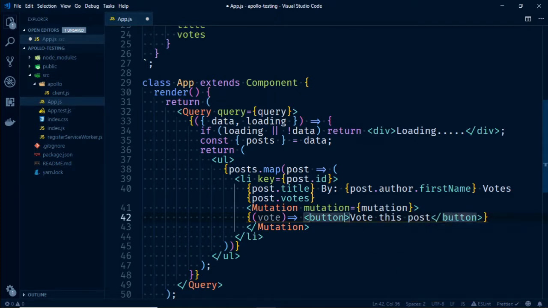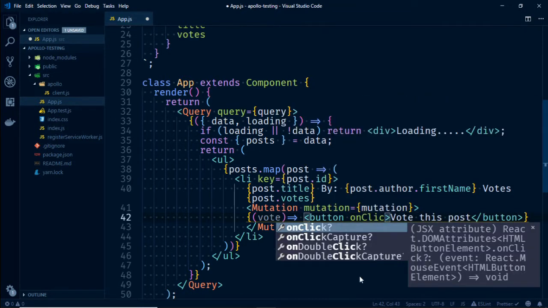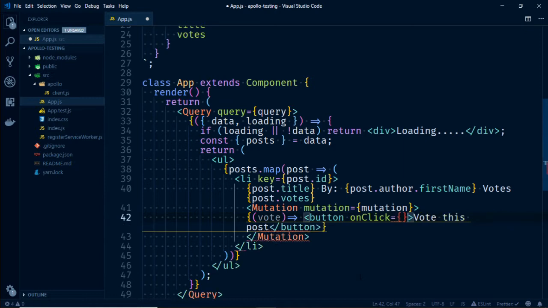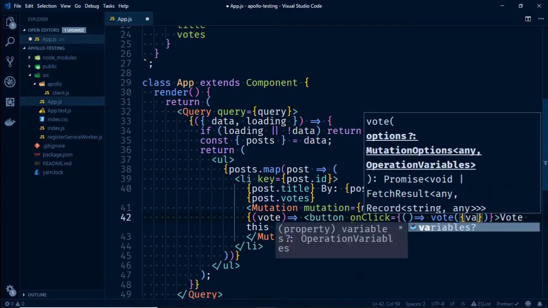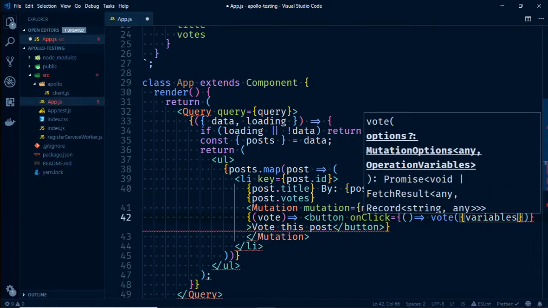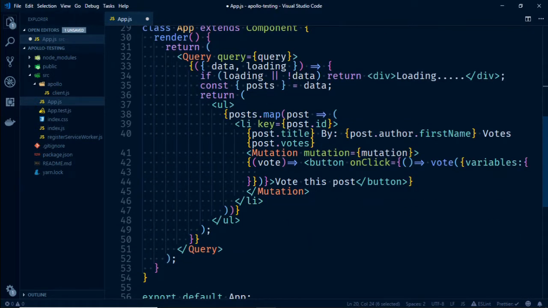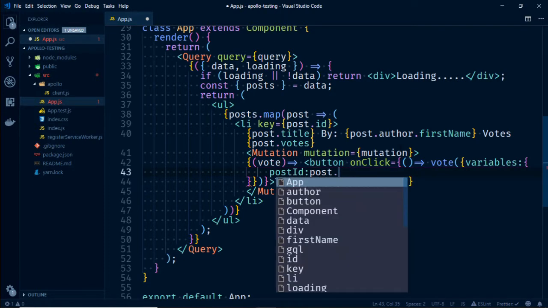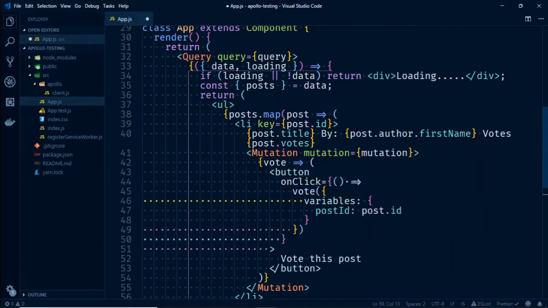and button will have an onClick which will invoke this function which will vote, and the variables would be there. Which variable does it require? It requires a post ID. Let's copy this down here, and we can grab the post ID from post.id. Save this, format this as well,